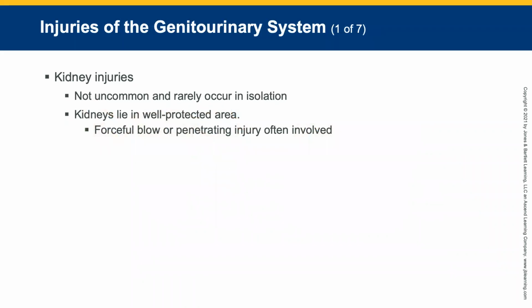So kidney injuries are not uncommon. You can get them obviously from a kidney punch. You can get them from motor vehicle collisions. I've seen them in a fall. An elderly lady slipped, tripped, and fell. When she fell, she landed on what I called a speed bump, like the little curb where the car goes up and the tires don't go over. That's what caused damage to her kidneys, and she urinated blood for quite a while. They can be less significant injuries. They can result from an indirect blow, such as in football, where players often have back injuries and kidney injuries. A forceful blow or penetrating injury is sometimes involved also.